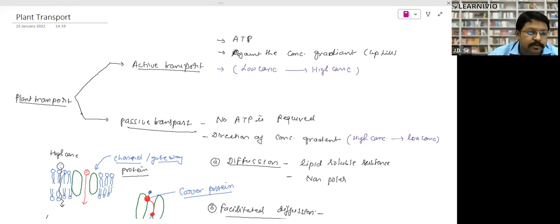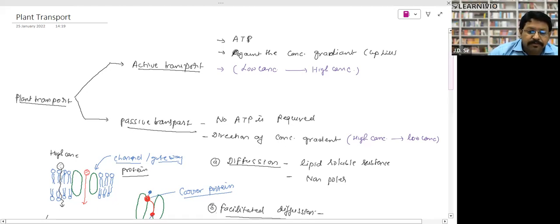Is that clear? What is the active and passive transport? Yes, sir. In a nutshell, active transport is against the stream and passive transport is in the direction of the stream. And you know, when you are swimming against the stream, you have to spend lots of energy. Now come to the